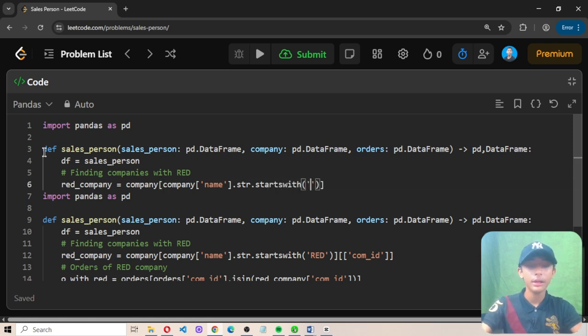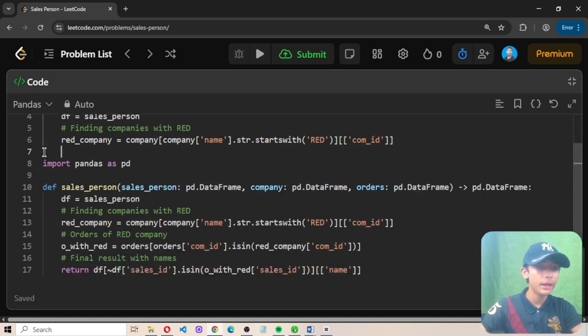Okay, and then here we define Red. And then we define one more square bracket in which we define com_id, and then id. And then in the 6th line here, I am finding the companies with red.